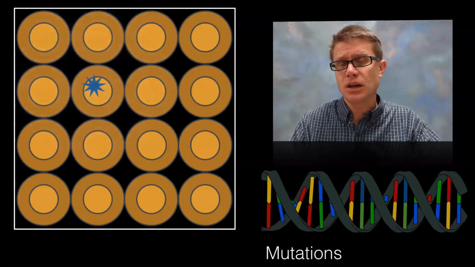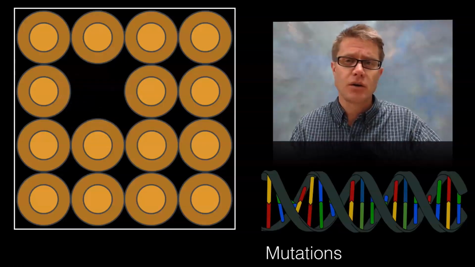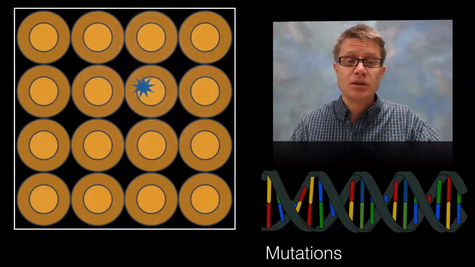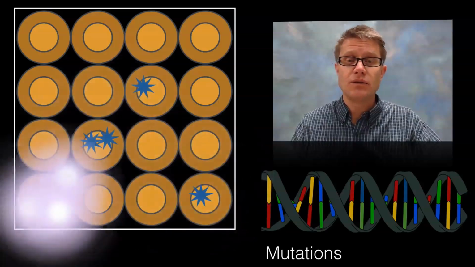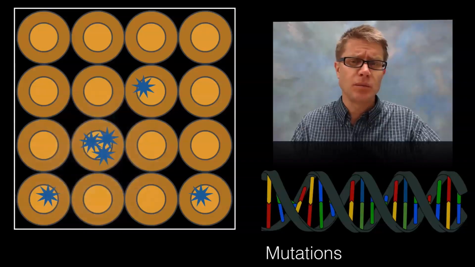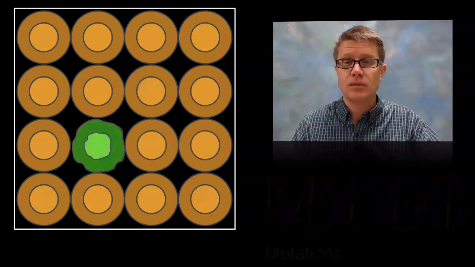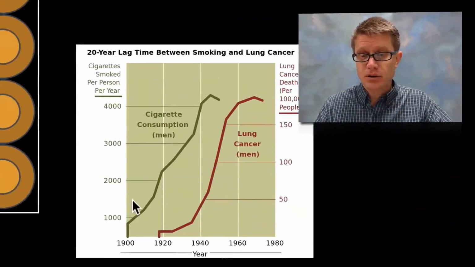And so let's say we get a mutation in this cell right here. There are going to be genes within that cell that sense something is wrong, and lots of times it'll undergo apoptosis where that cell dies and another cell moves inside. But during our lifetime, we start to accrue more and more mutations. And eventually, enough mutations build up in one of those cells, and it becomes not a normal cell, but a cancerous cell. And this takes a long time for that to occur. And so this is a pretty awful graph.